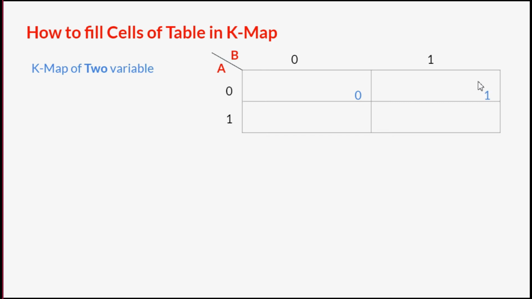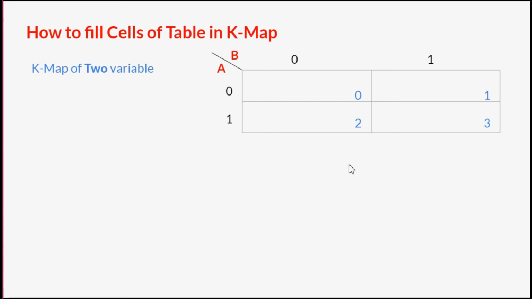If you don't know about the conversions of binary to decimal or from decimal to binary, you can view my previous videos as well, in which I have explained how you can convert a binary number into a decimal number. Okay, so the next combination is 1 0. If I convert 1 0 into a decimal number, it comes out to be 2. The next number is 1 1. Both A and B are 1, so if I convert this 1 1 into decimal, the number comes out to be 3.